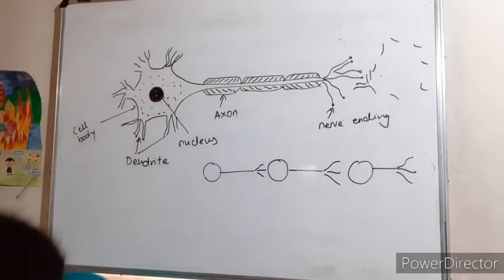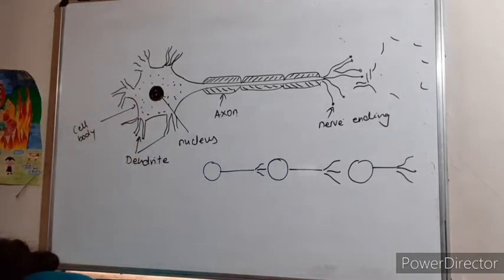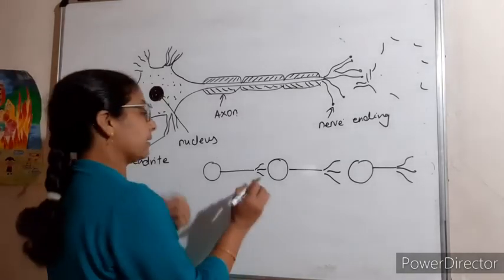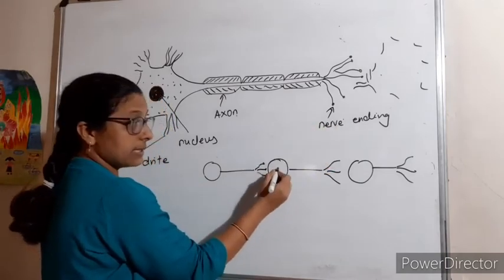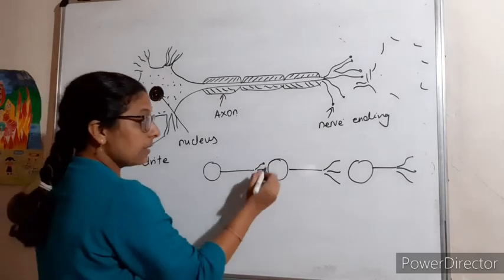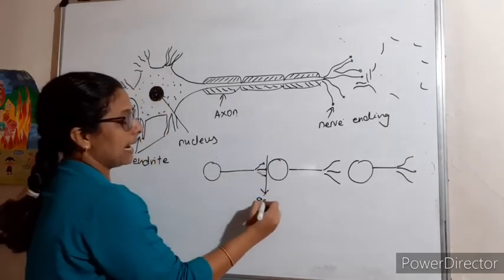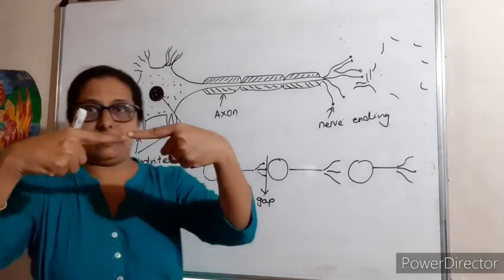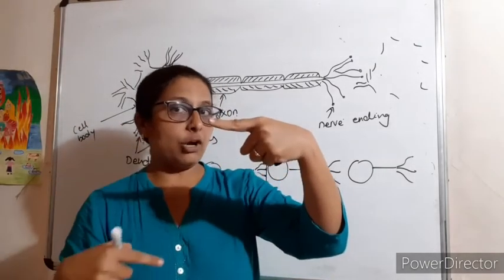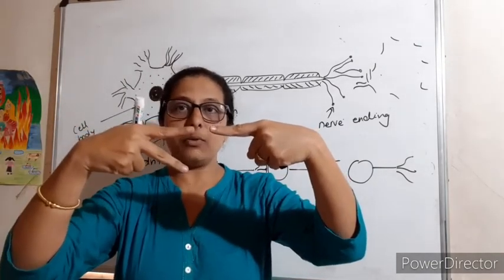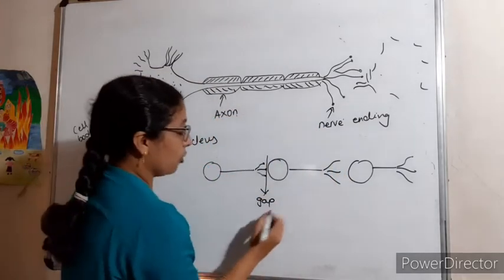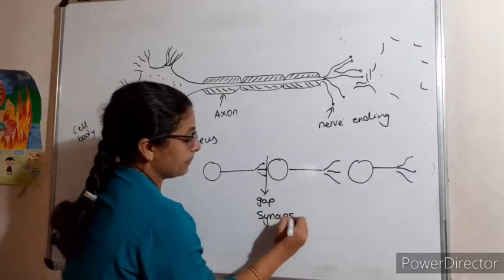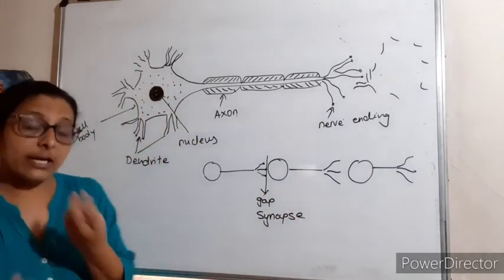Here is one another thing, and that is called... here is the end of this nerve ending and this is another cell body, but another cell body के बीच में some gap is there. They are not touching like this, right? ये end of one cell, this is the another cell body, दोनों के बीच में ये जो थोड़ा सा gap है is called synapse. It is called synapse.